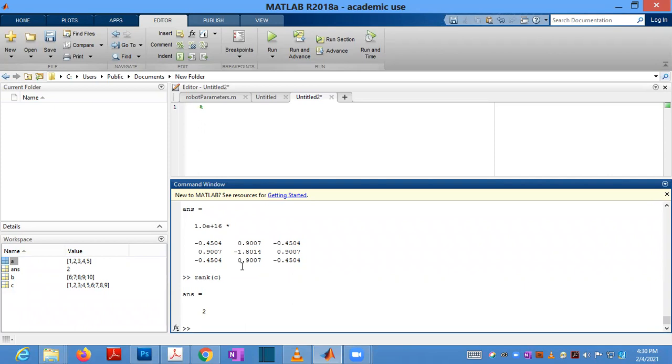So what do you mean by transfer function? It is the Laplace transform of the mathematical model of a system: the ratio of the Laplace transform of the output to the Laplace transform of the input, when all initial conditions are 0. That initial condition equal to 0 is the major point. Laplace transform of output to Laplace transform of input with all initial conditions equal to 0. That is called a transfer function.